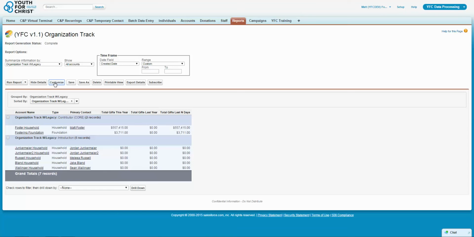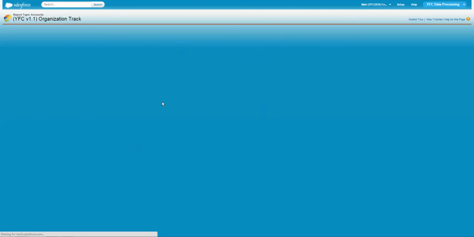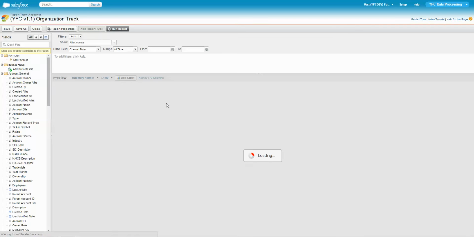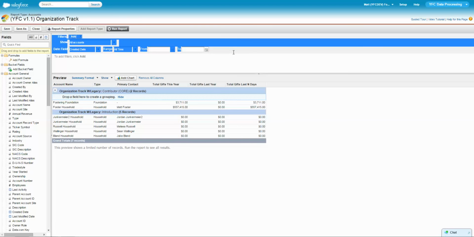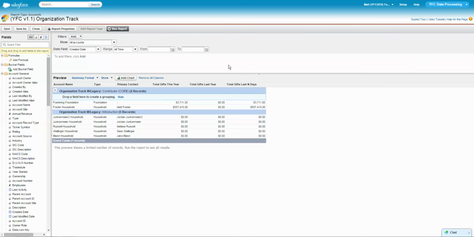So when you hit the customize button, you're actually going to come into the same window as when you were creating a new report. Where I always tell people to start is on this filter section to make sure that you're going to see the data. It's a lot easier to run a report when you can actually see some live data, and then you'll relate to that data and make sure it's what you're looking for. So start by filters